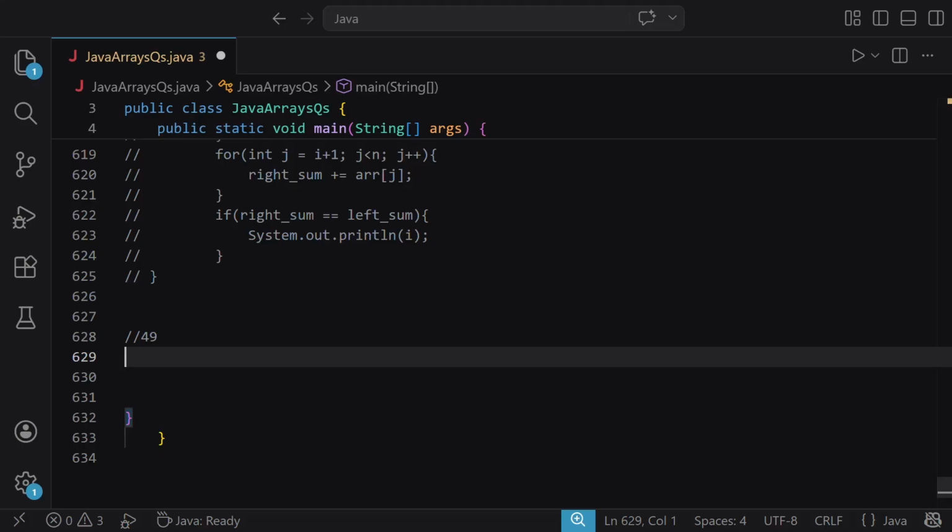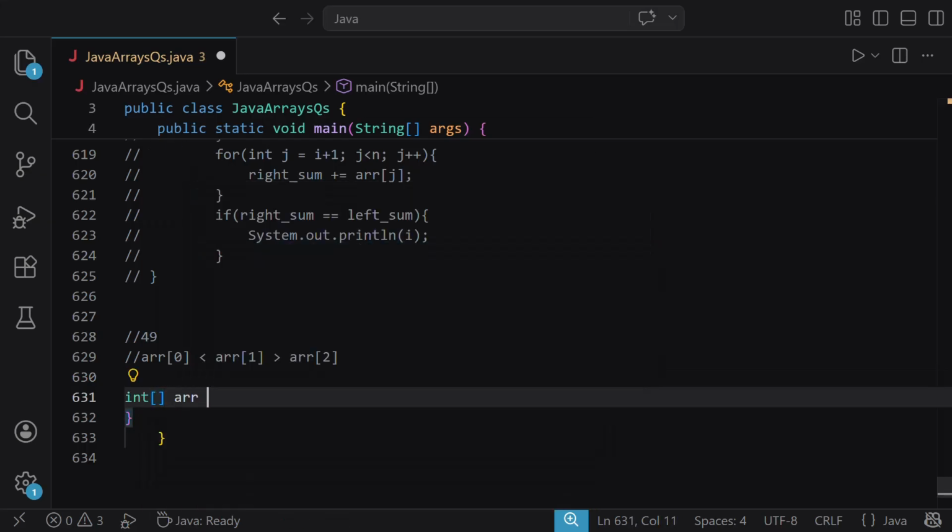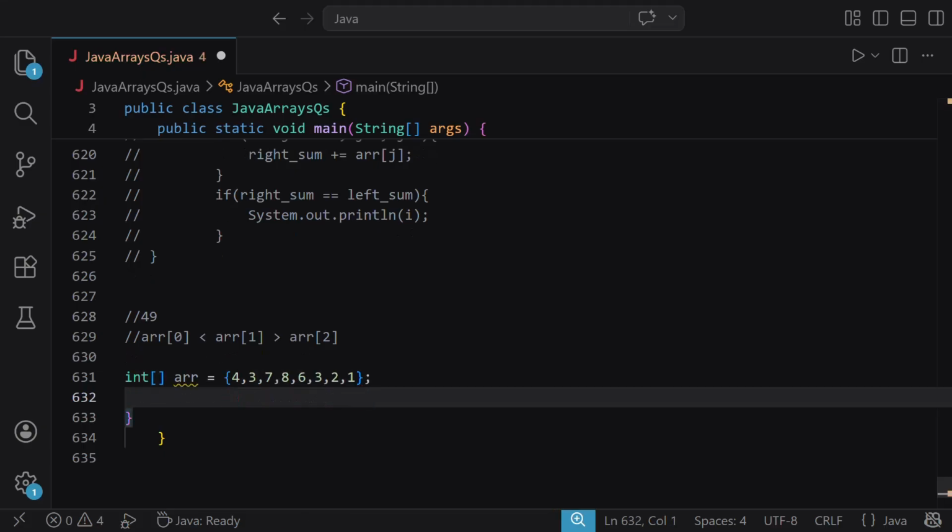What is a zigzag fashion? It's like when we say the 0th index, it should be less than first index. First index should be greater than second index, and so on like this. So the pattern is even index should be smaller than next one, and odd index should be greater than next. So we again take an array like 4 3 7 8 6 2 1 3 2 1 whatever, and